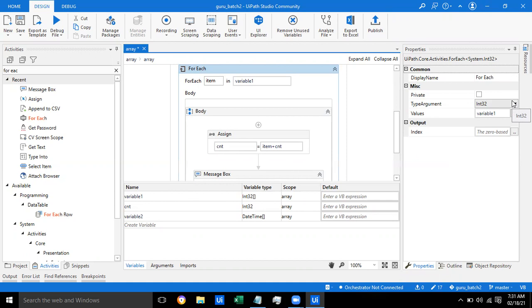What is the concept called? Type argument. Okay. So consider a scenario: I am having strings. I am going to store an array of strings and I want to iterate through the array of strings. Then what will be the type argument there, guys? String. String, right? So this is how you are supposed to choose the type argument, guys.